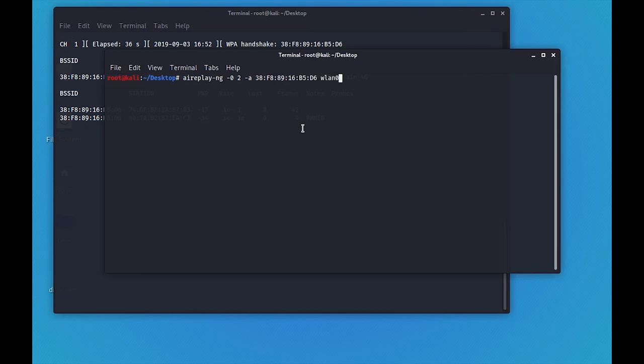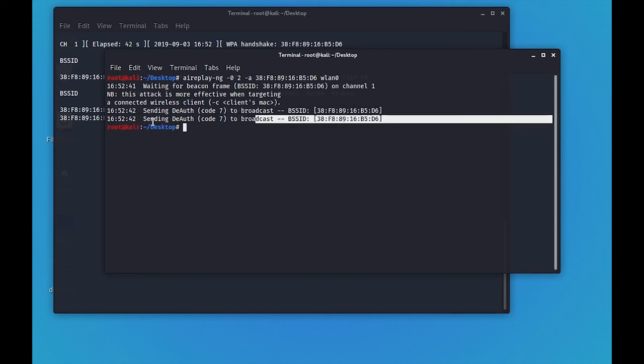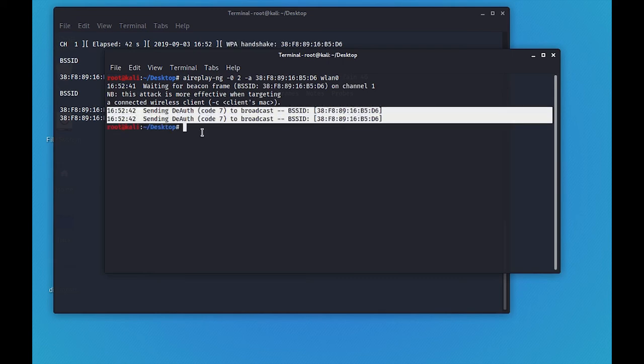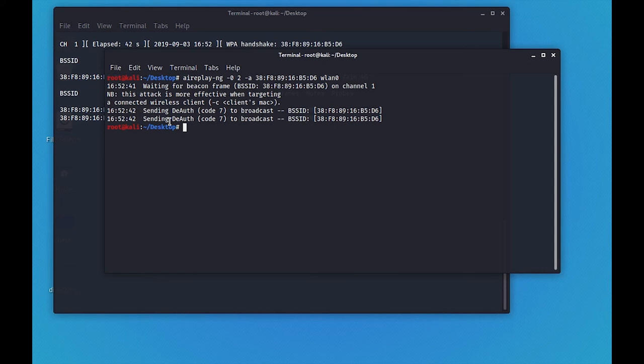So the second method is to do a de-authentication. Right now I'm doing a de-authentication. I have sent two de-authentication packets using the command aireplay-ng -0 2, with the MAC address and my interface name. So basically what this will do is